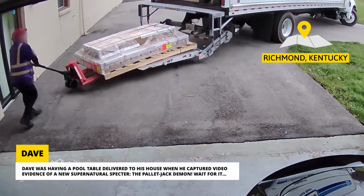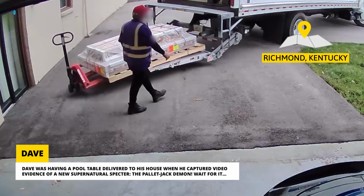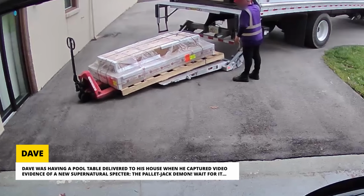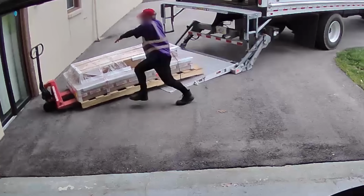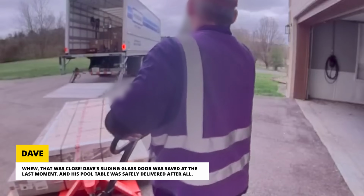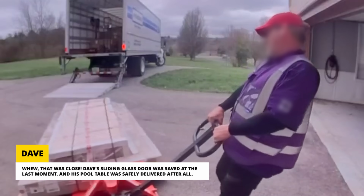Dave was having a pool table delivered to his house when he captured video evidence of a new supernatural specter, the pallet jack demon. Wait for it. Phew, that was close. Dave's sliding glass door was saved at the last moment